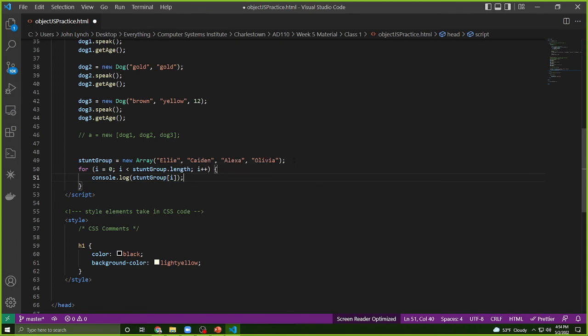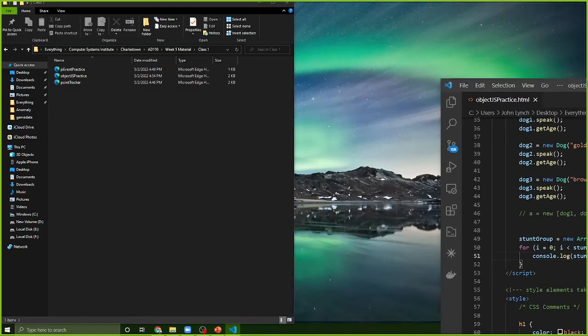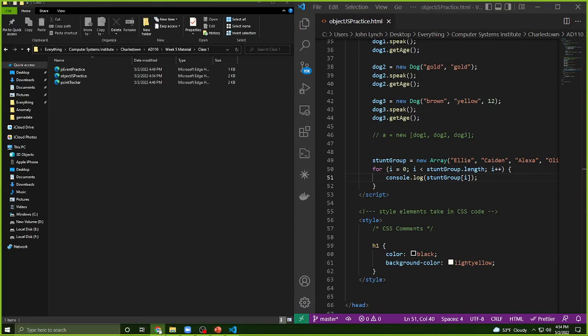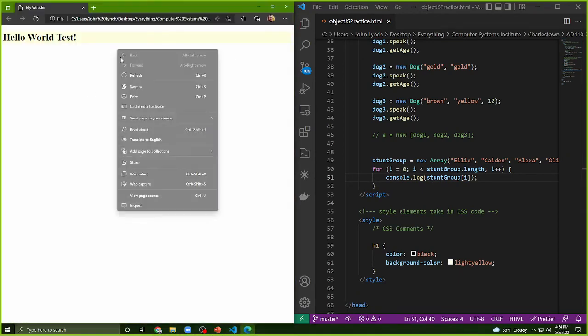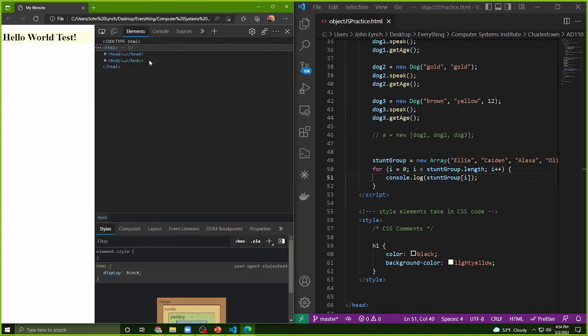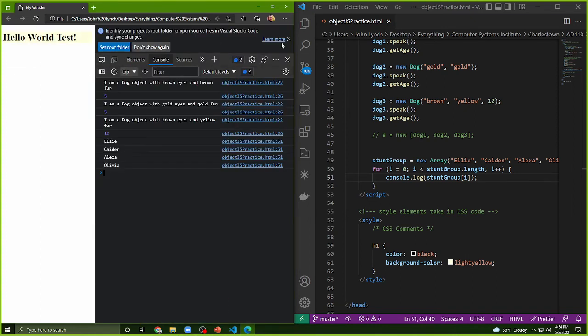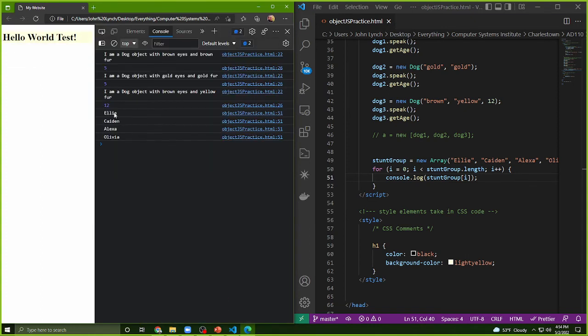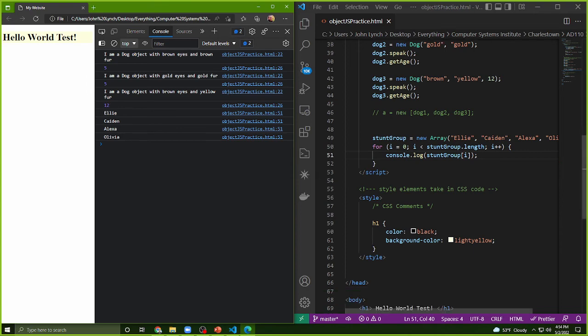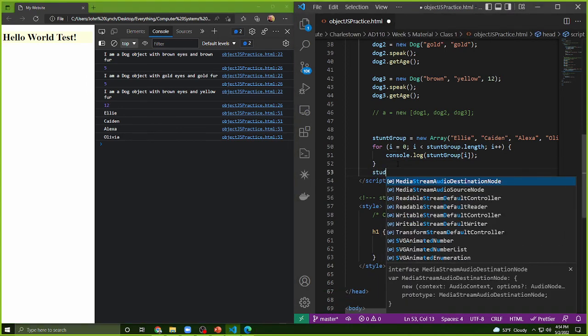The ith index of each of these stunt groups. So if I go ahead and reload this and open it up one more time. Cool. We'll see here that I'm getting Ellie, Caden, Alexa, and Olivia pretty well. The cool thing about our arrays,